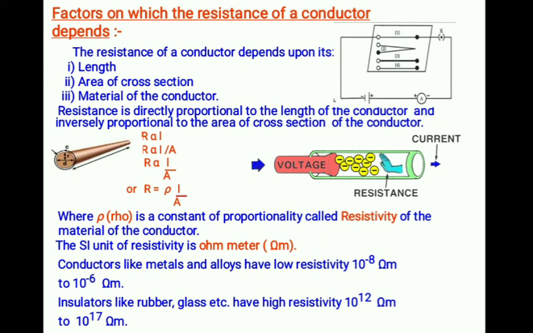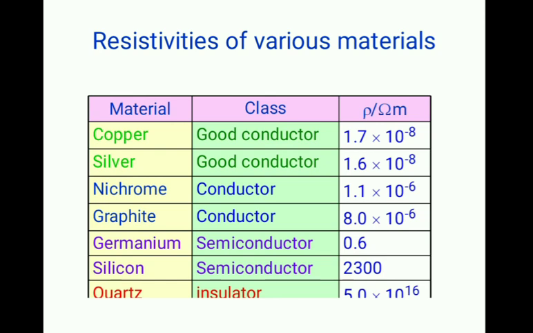Conductors have low resistivity and insulators have high resistivity. That means insulators do not allow the current to flow through them. One more type of solids are semiconductors. Their resistivity lies in between conductors and insulators. This table gives you the resistivities of various